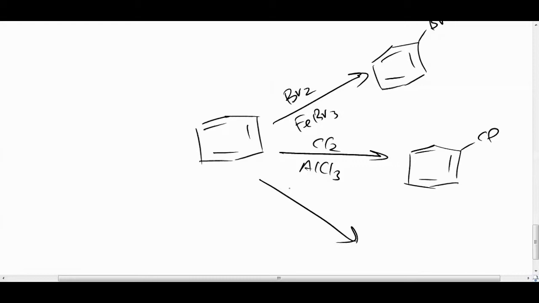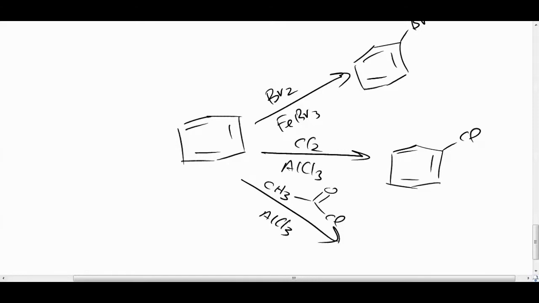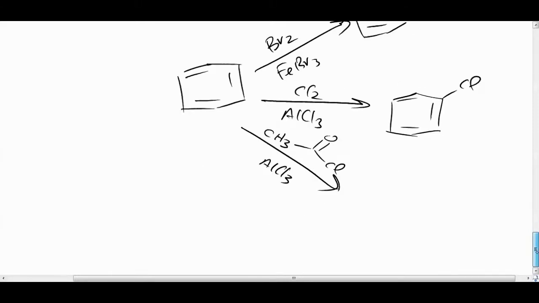The first one, acylation, right? So let's just take a generic one, CH3, and let's say this is a chlorine, AlCl3. Then we are going to form